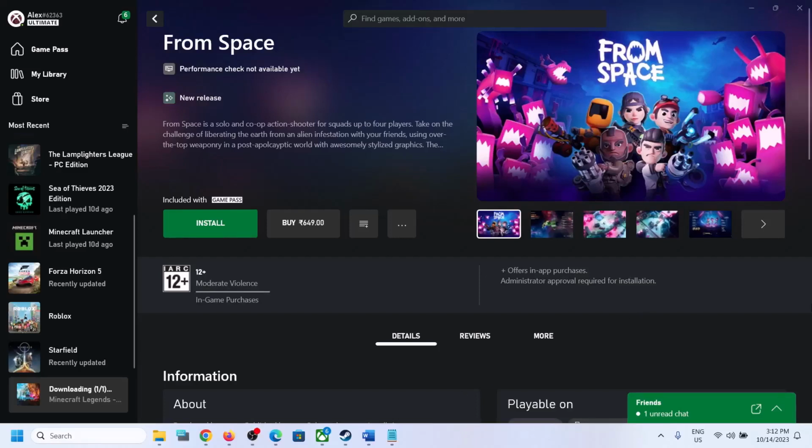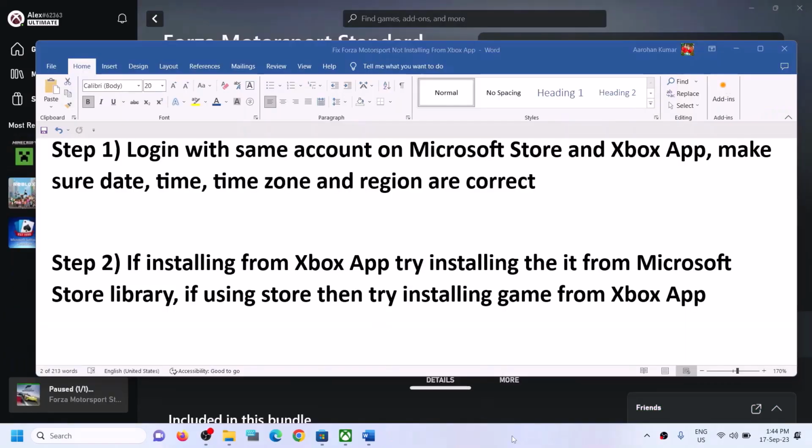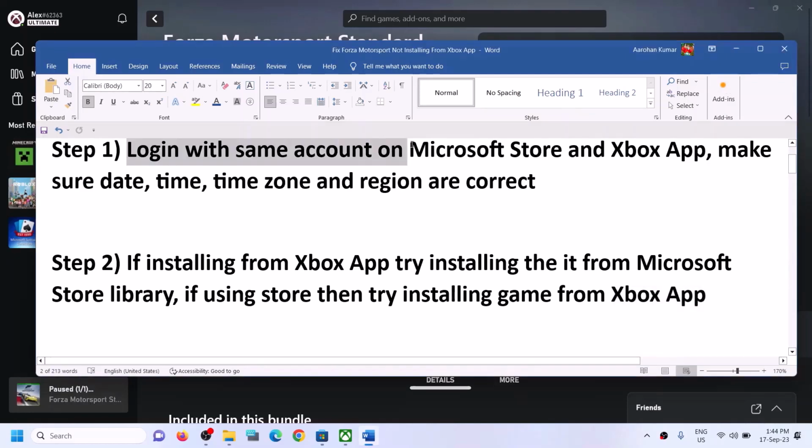Today in this video I'm going to show you how to fix when you're unable to install from space game from Xbox app, or if you're unable to install it from Microsoft Store, then please follow the steps shown in this video. The first step is to log in with same account on Microsoft Store and with same account on